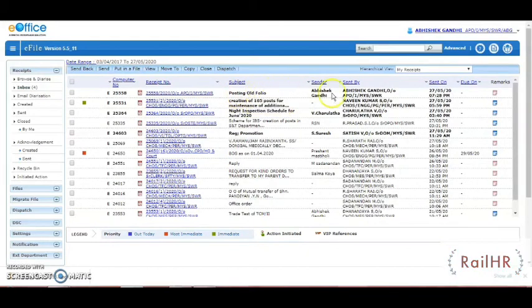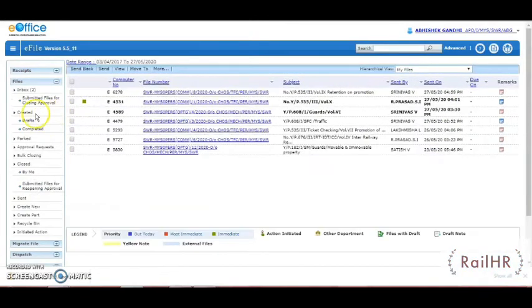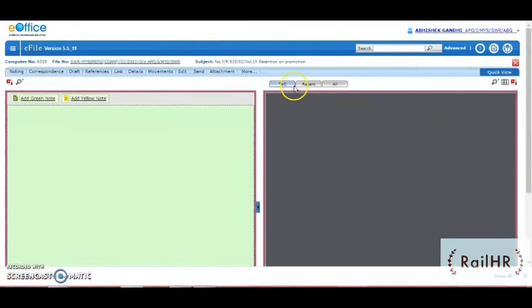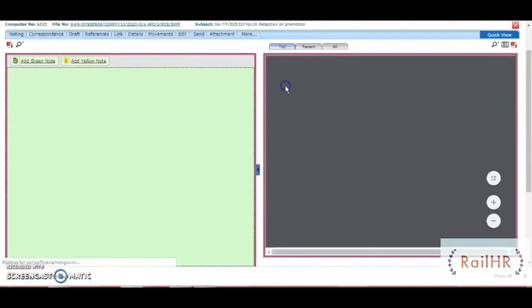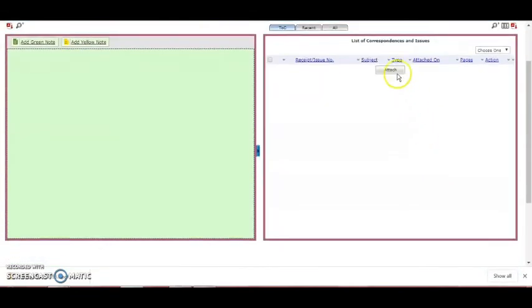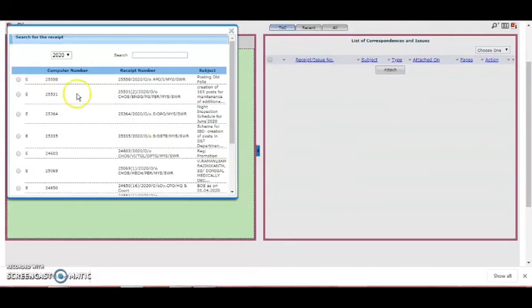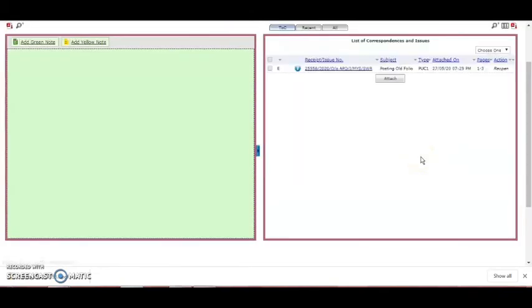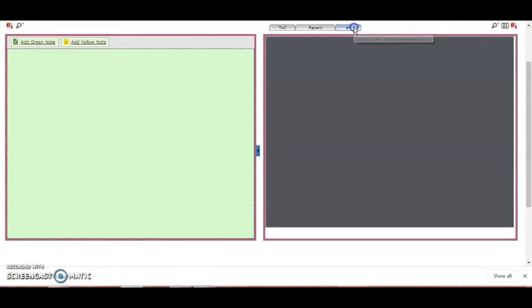Now, after diarizing the scanned folio pages, we should go to the File section, and in the heading under Completed, we can open the file that we had previously created. In that, we will be going to the Table of Contents TOC, and there we will find the Attach button. Here we can also see on the left side the file that we had scanned. This completes the step 2 of attaching old folio to the new file. With this, half of our work is done.